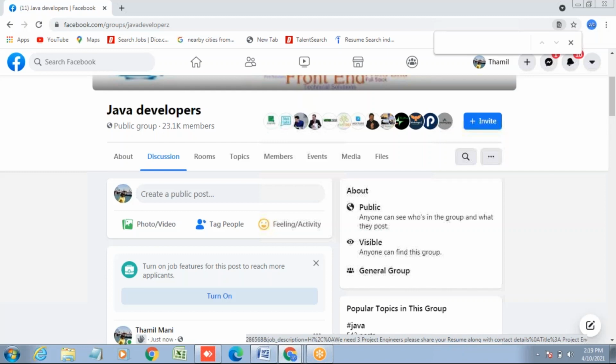Very good. Okay, you got the point. First time you did the posting, it would have gone to anyone, but here you're posting it in a particular group. So those people who are visiting the Java developers group would be seeing your posting. Understood? Got it, right? Yes.